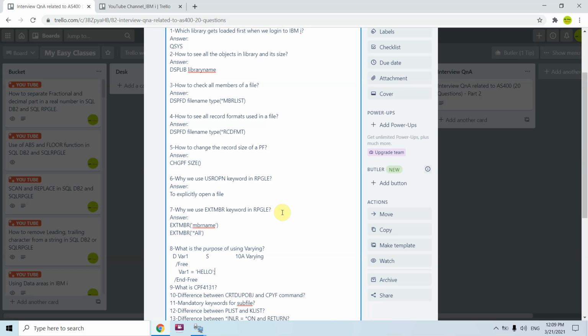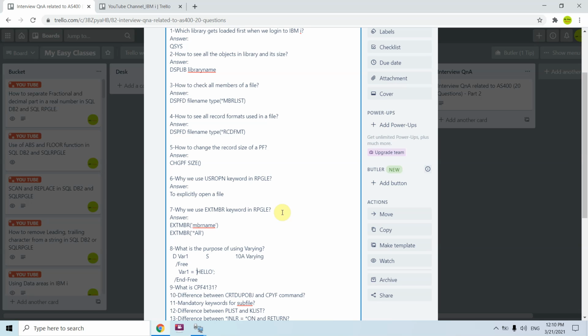Now just move on to the 8th question. What is the purpose of using VARYING in this? Here you can see I just declared a variable as var1, that is a standalone variable of 10 characters, but here I use VARYING. Why? If I didn't use VARYING, then the size of var1 would be 10, but if I use VARYING, then the size would depend upon the value in that string. So here the size would be 1 2 3 4 and 5.